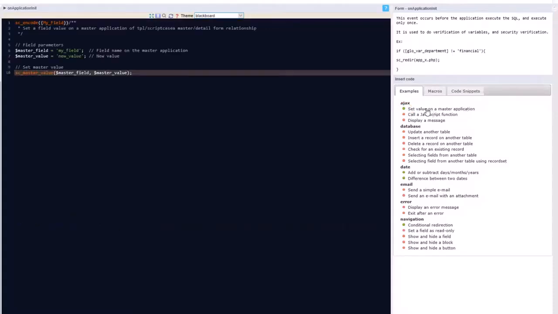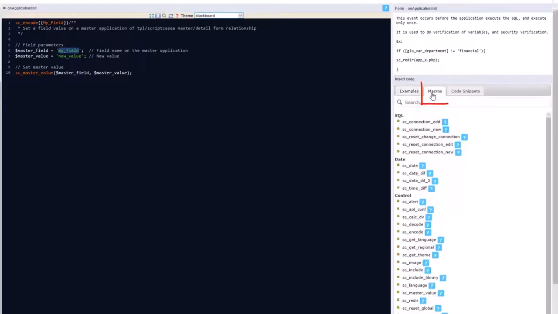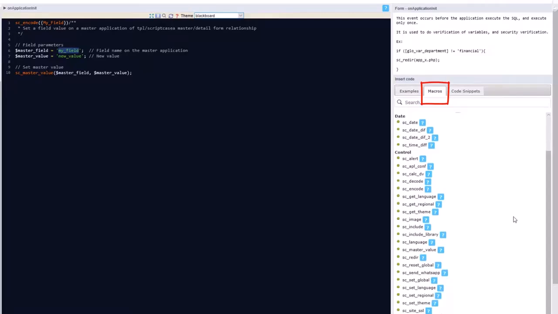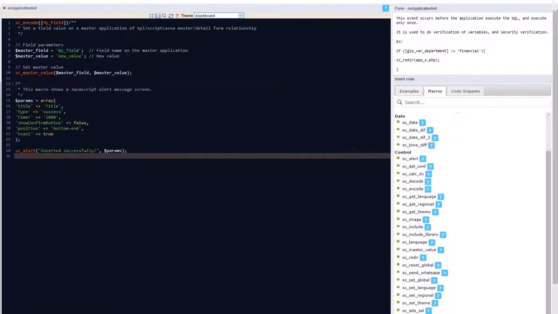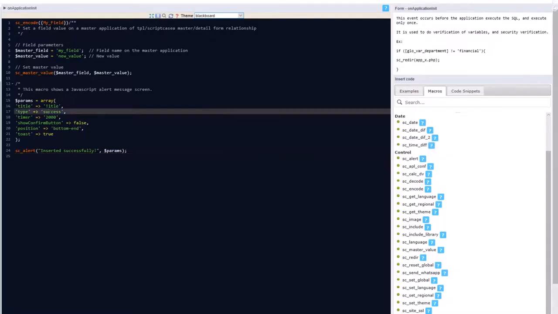I can then click on any of these and the code is directly inserted into the event. From there, I can now go ahead and edit the values which I want to have replaced within the macro following my own requirements. Within the macros tab, I can view the full list of available macros. Again, in green, they are ready to use and apply within this specific event. Clicking on one will insert it into the event window. Again, from here, I can go ahead and edit my specific information or variables that I want to apply.